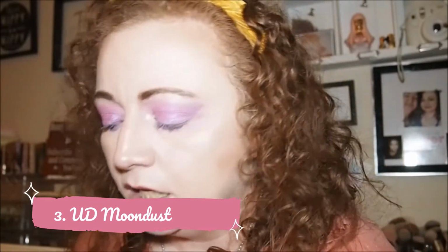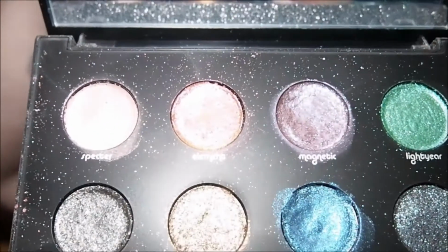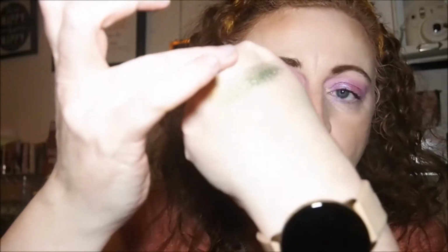In 3rd place, another one that might surprise you is the Urban Decay Moondust palette. So it looks like that. Packaging is nothing to write home about, really. I understand why they've gone down that route, but yeah, it's okay. And again, that one looks like that. I do really like this green here. It's called Light Year. That is slightly more pigmented than that green there from Stone Vibes, I can never remember the name. So it's slightly more pigmented, but even that isn't,